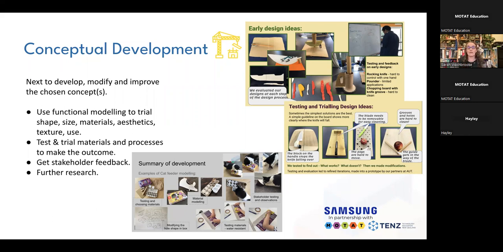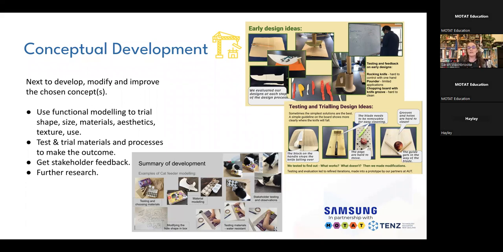Now we've got a great resource that's available to you, which is a teaching resource, which shows you lots and lots of different ways to actually develop an idea. So it could be using what we call functional modeling. So they're models, they could be scale models, they can be testing and trialing materials, they can be testing and trialing how parts of something work, but they're not the actual thing itself. What they're doing is testing and trialing the ideas.